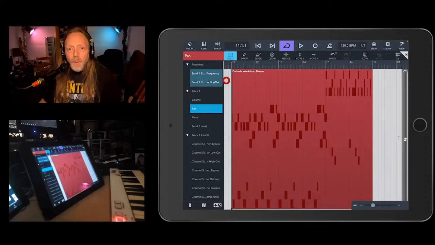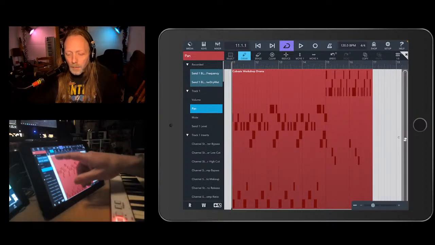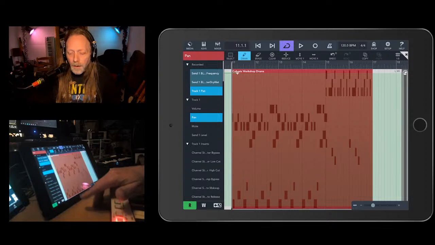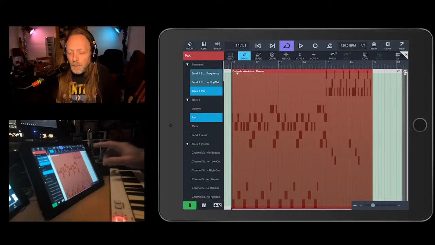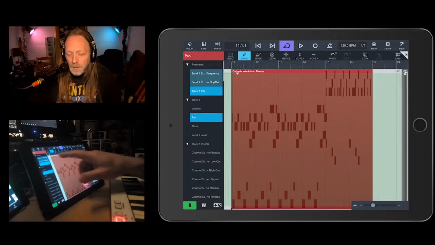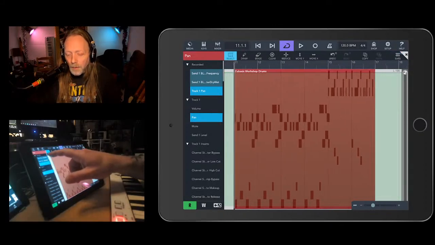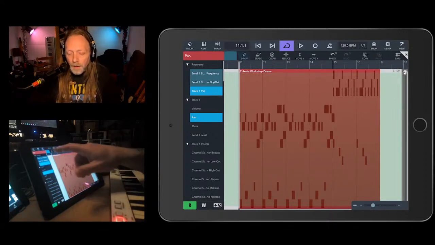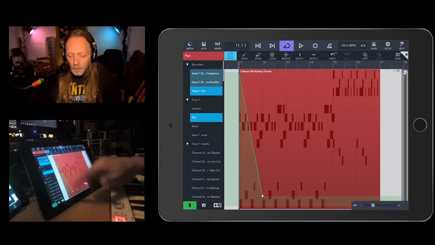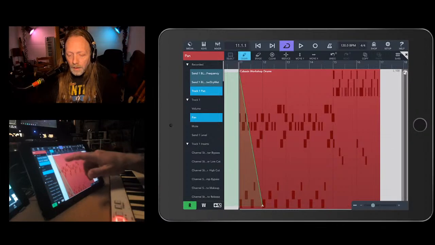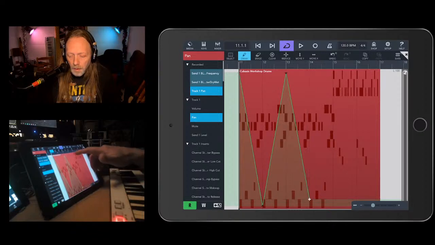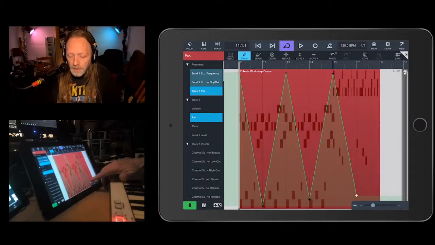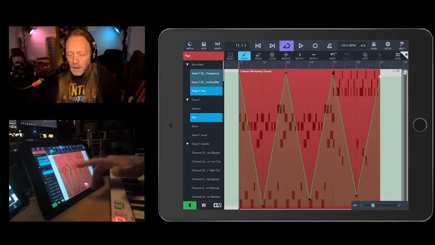Right, so if I go up to draw, then I should be able to put a little point in up here. And if I want to snap this to grid and make this very precise, I can go over here, snap to bar, and then I'll select that little node that I've put in there, or whatever we want to call it, and drag it into the far corner. And then I'll draw over here, and we'll drag that one down. Then over here, another one, another one, another one. I don't need to do them too accurately, it's only a demo, right? And then if I go